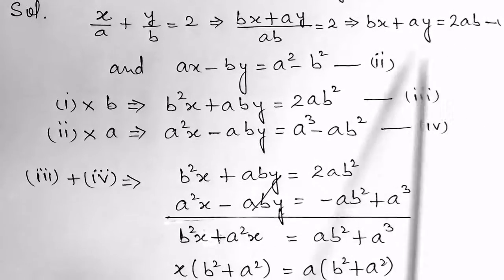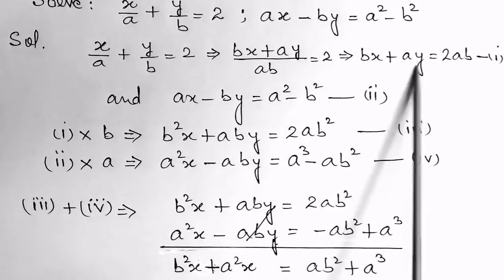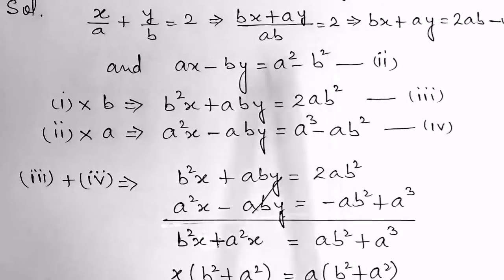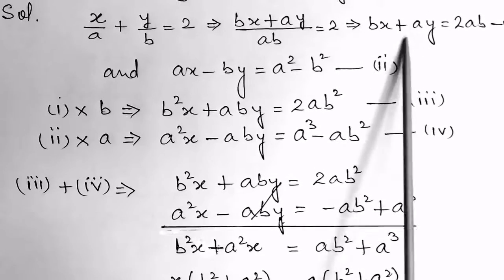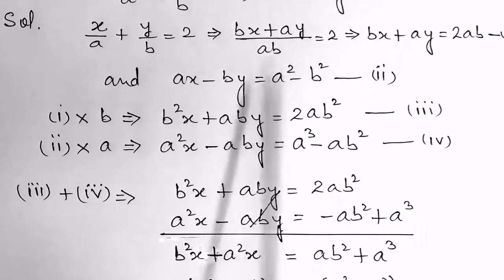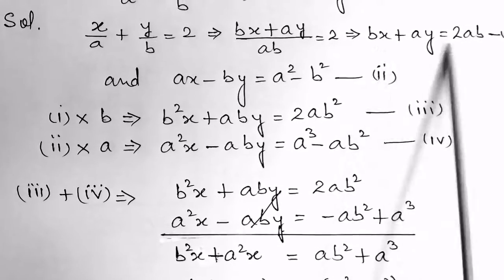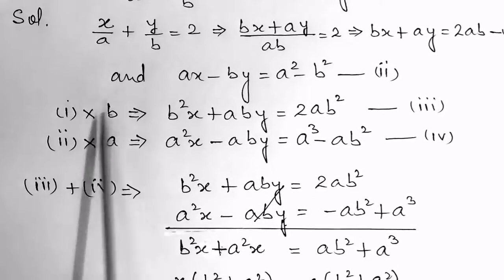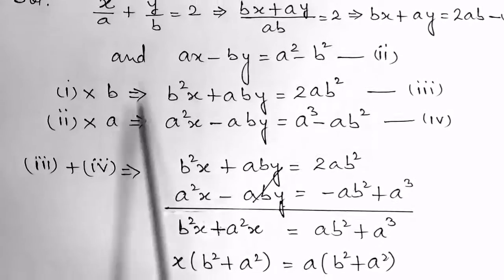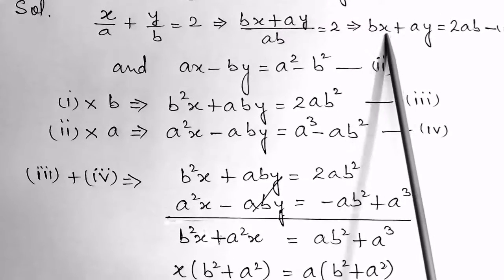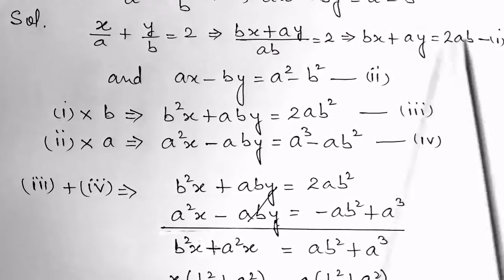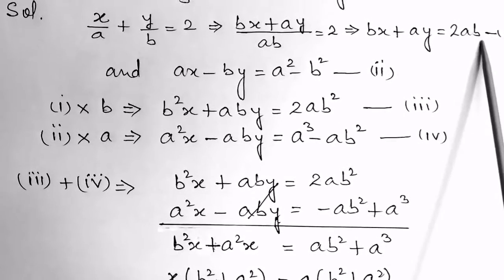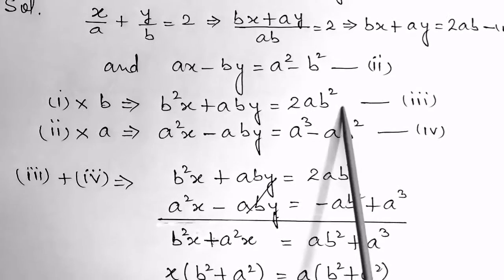Right, now as we had been equating the coefficients earlier, here also I am going to equate the coefficients of y. You can equate the coefficient of x also. Now what is the coefficient of y here? That is a, and here the coefficient of y is b. Now LCM of a and b will be ab. So I have to make ab here as well as ab here. Now to get ab here, I'll have to multiply this by b and this equation by a. So multiplying first equation by b. Now see, when you multiply first equation by b, b into b will be b square x plus aby is equal to 2ab square. 2ab we are already having. So 2ab into b will be 2ab square.